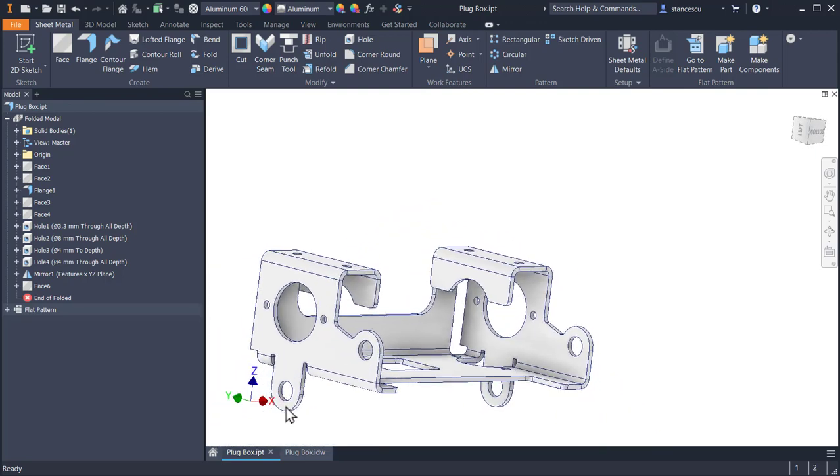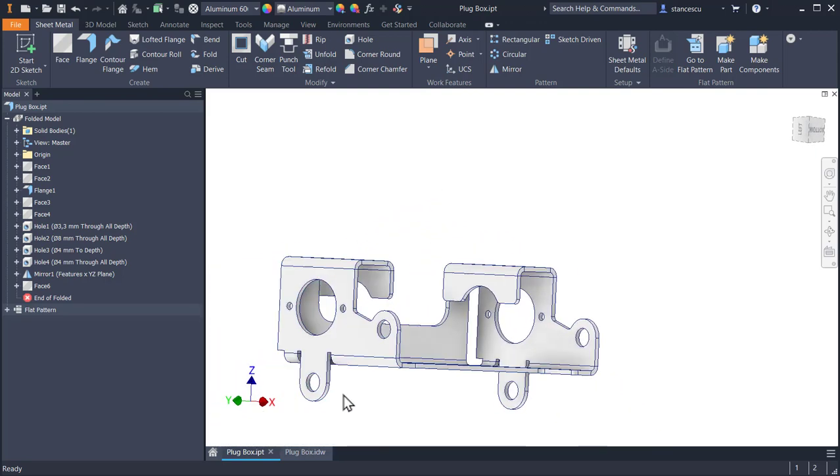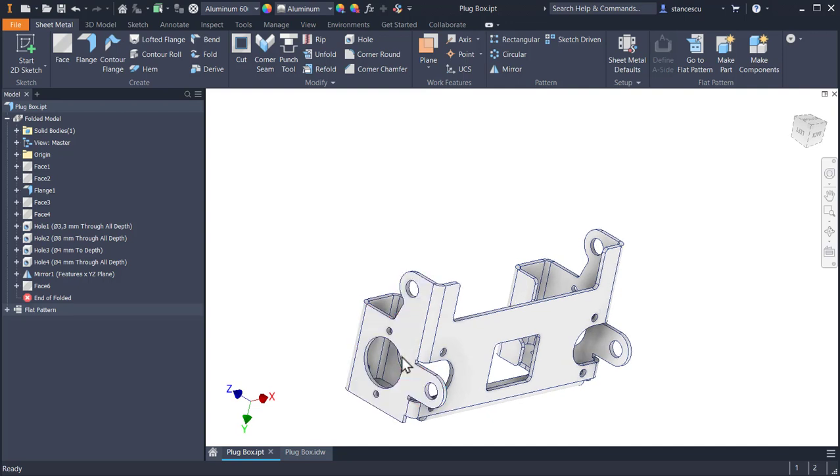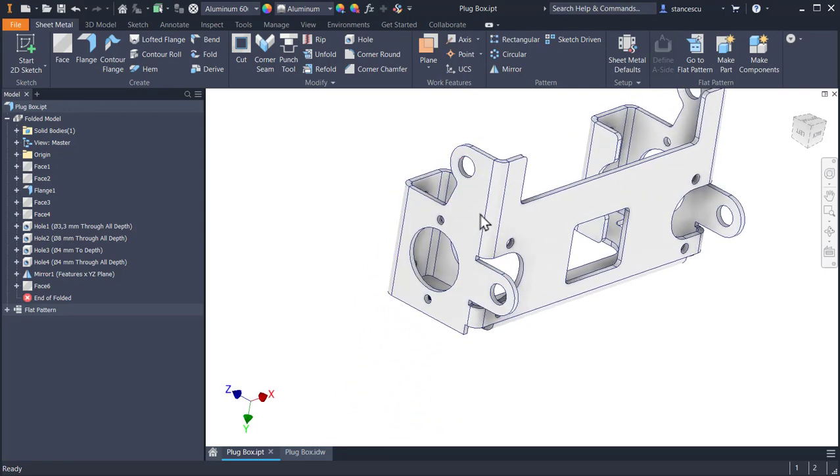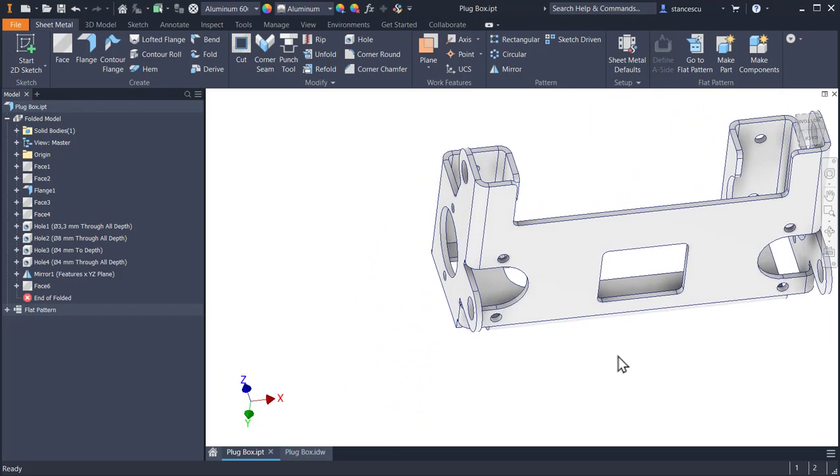Another interesting thing is that this flange is part of this face. Okay,